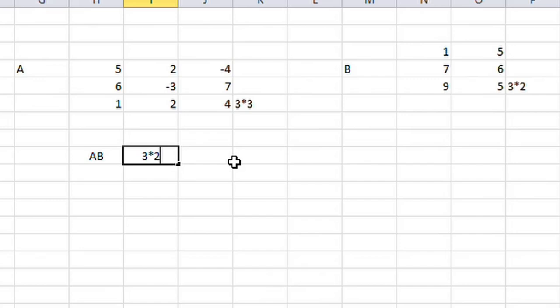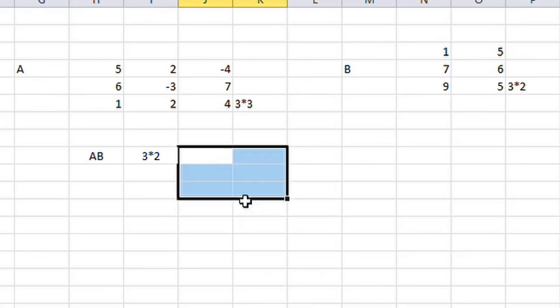Therefore, we have to select new cells for the new matrix AB, which is of 3 by 2 dimension. 3 by 2 means 3 rows with 2 columns. This is the 3 by 2 matrix AB. Then in order to find the answer,